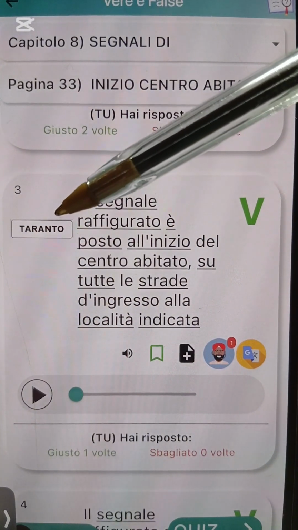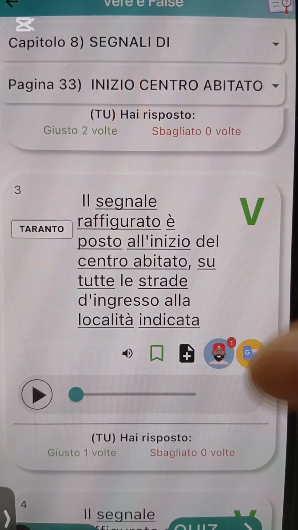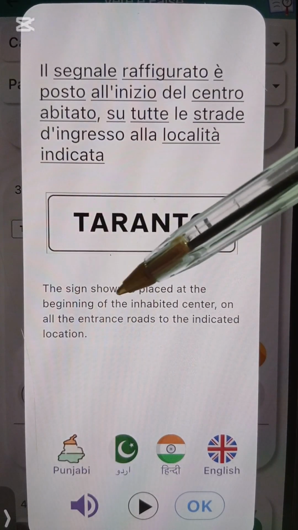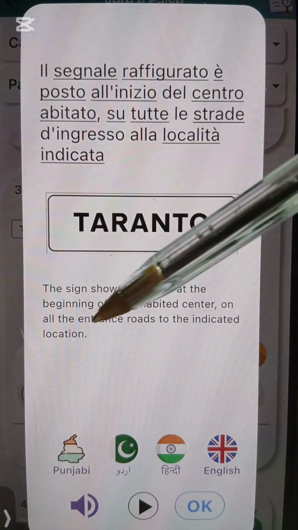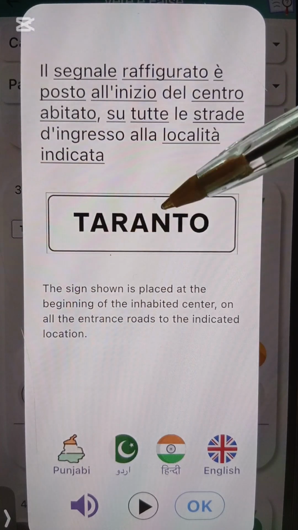From the places where you can enter Taranto, you will see this signboard there. This sign shown is placed at the beginning of the inhabited center on all the entrance roads to the indicated location. All the entrances, you will see this sign.